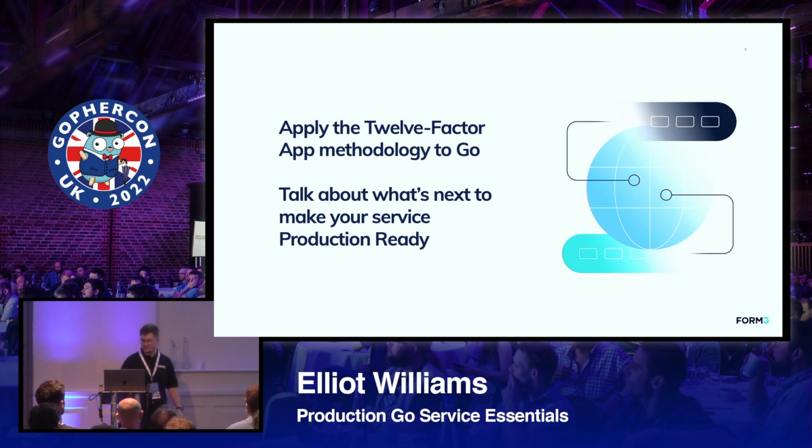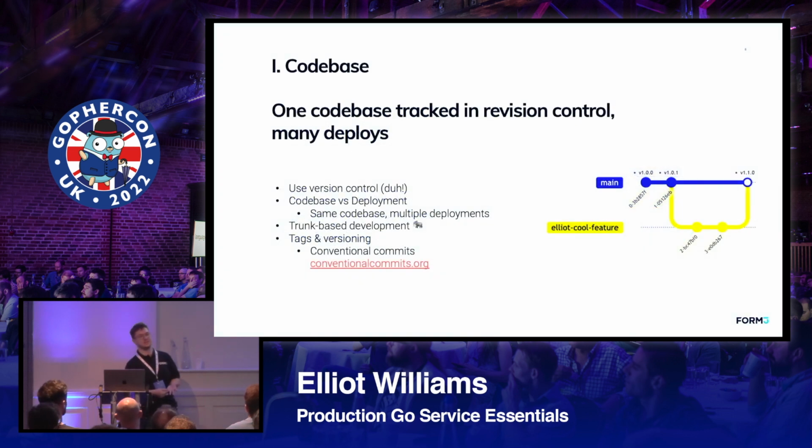So I guess the first of 12 factors is that you should have a code base, and it should be tracked in revision control. So you have one code base that defines your application, and then you have many deployments of that code base. So there's a distinction between the code base itself and the deployment. Obviously, we should all be using version control. And